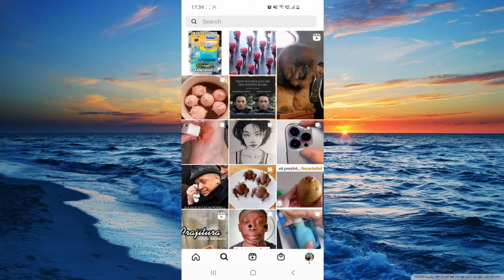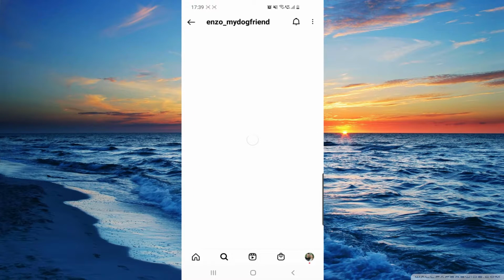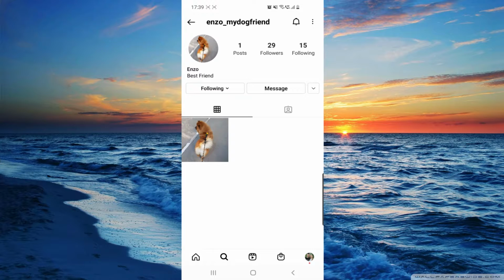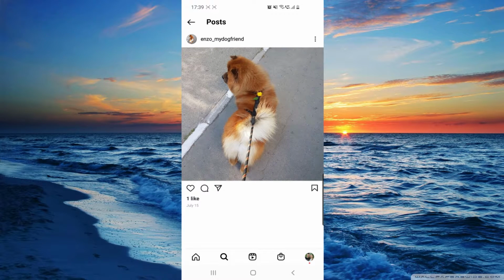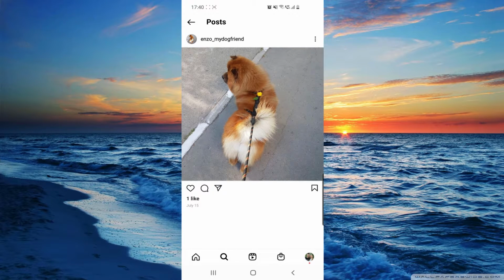So right now I will go to an account of mine. So it's this one. This account is private. So I will click on that post and then I will click on this paper plane. So here, as you can see, I do not have the add post to your story button. So let's fix this. If you really want to post this to your story, you can screenshot this